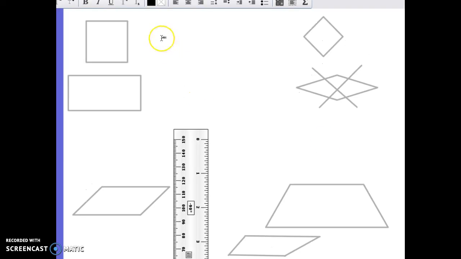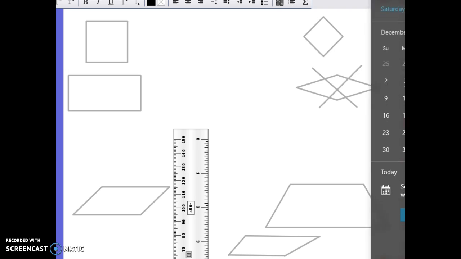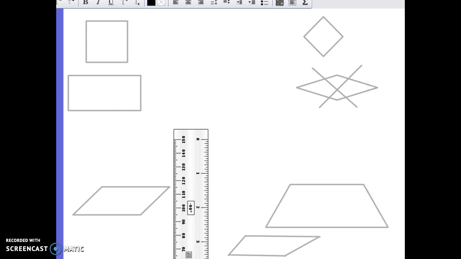All right, well, we are reviewing the week of November 26th through the 30th. And we did geometry this week, and we talked about how a rectangle